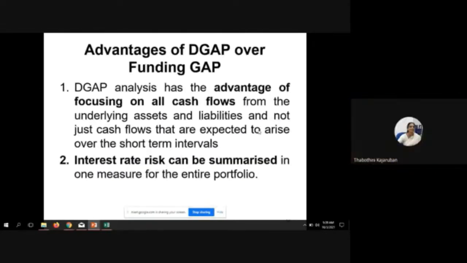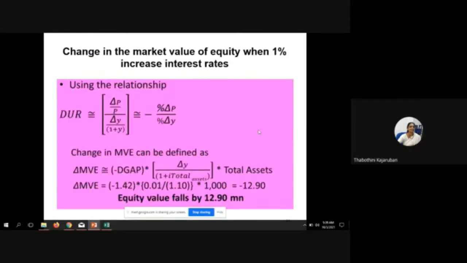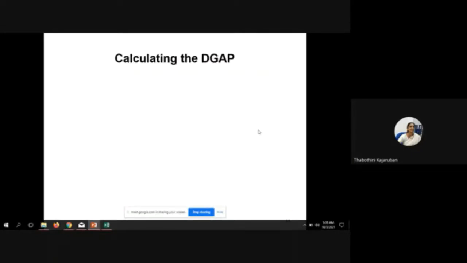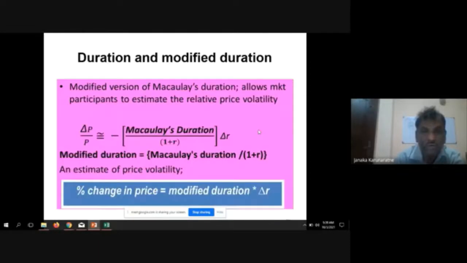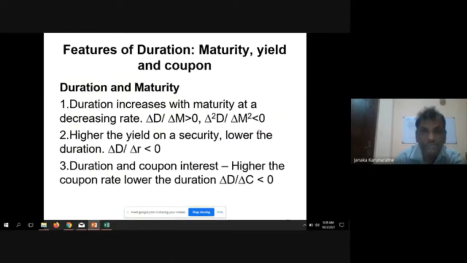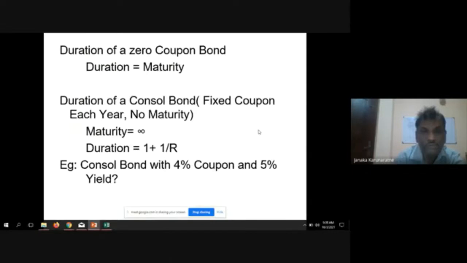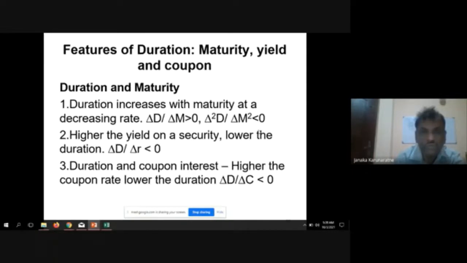Canvass more demand, low cost or no cost deposits. Okay. I told you something. If you can increase the lower cost deposits,